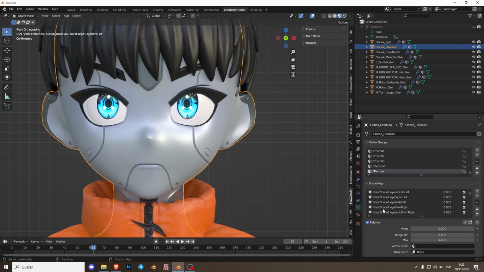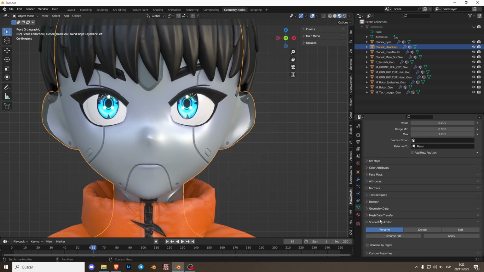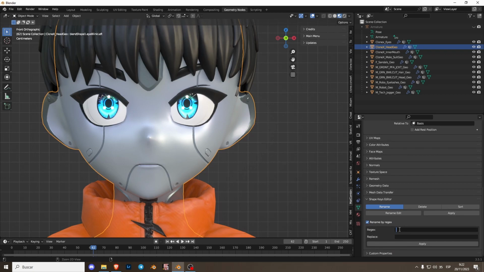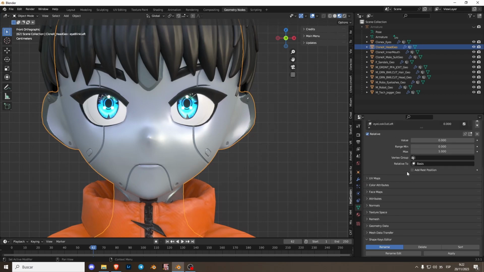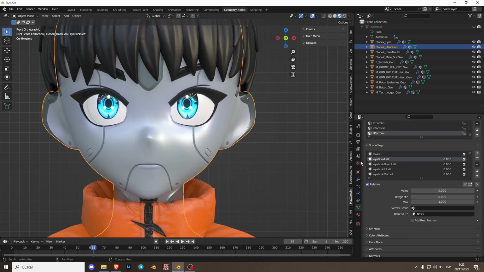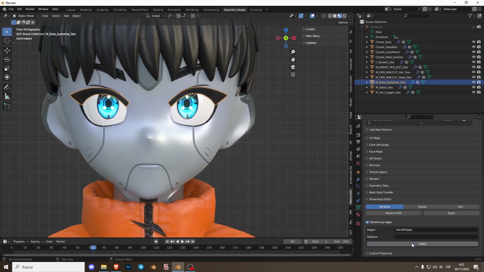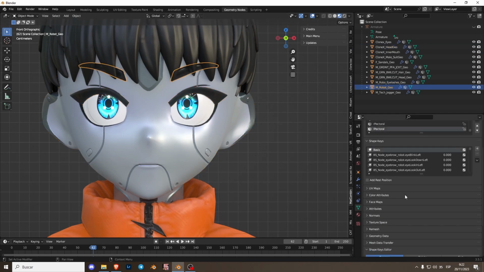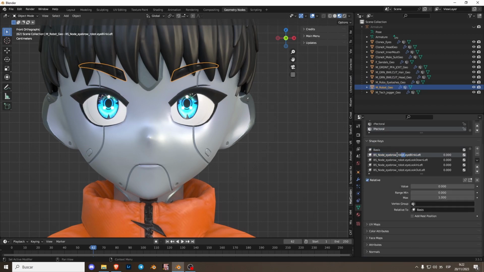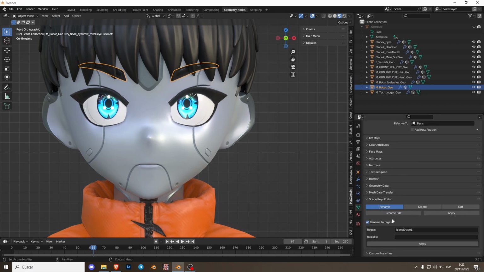How? We are going to use the shape key editor. First of all, we are going to copy the part that we want to delete. We are going to search the shape key editor, rename by regex. We paste here on regex the name. On replace, we keep it empty, and we apply. And as we can see, we have deleted that part. We are going to do the same with all the meshes with blend shapes